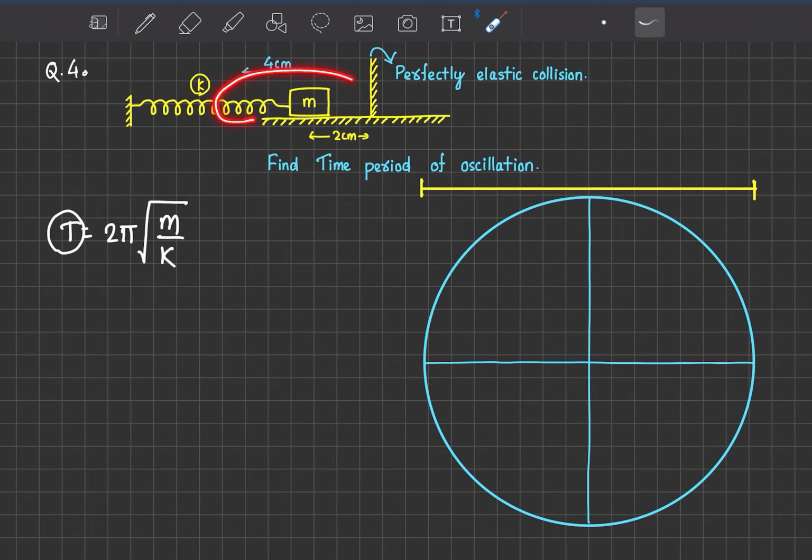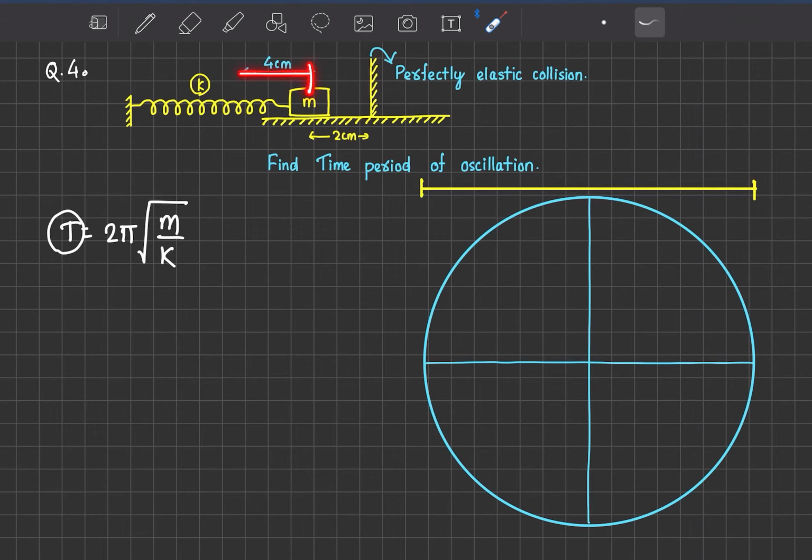Now this kind of oscillation is not a full simple harmonic motion, so this is a kind of partial oscillation, and here it is asking us what is the time period of this type of oscillation. Now let's see, if we analyze, the collision here is perfectly elastic. That means in elastic collision, if the mass collides with velocity v, it will again come back with velocity v, right? After collision it will again come back with velocity v only.